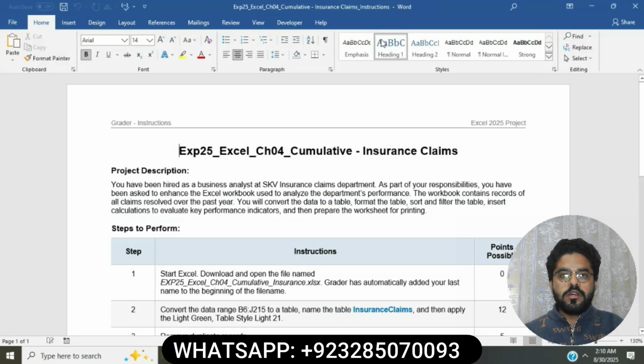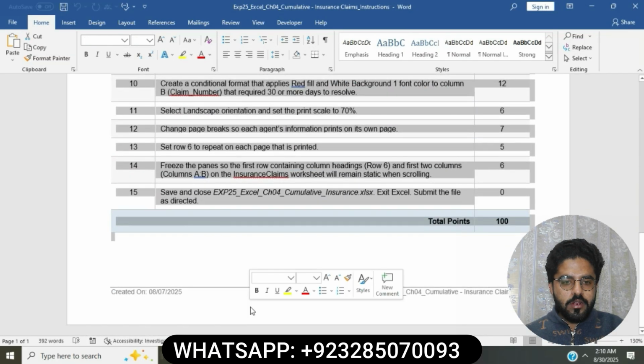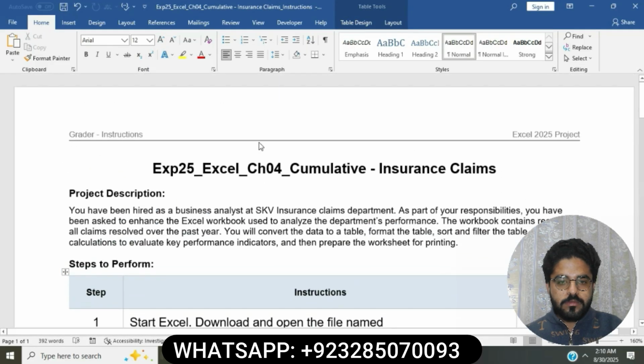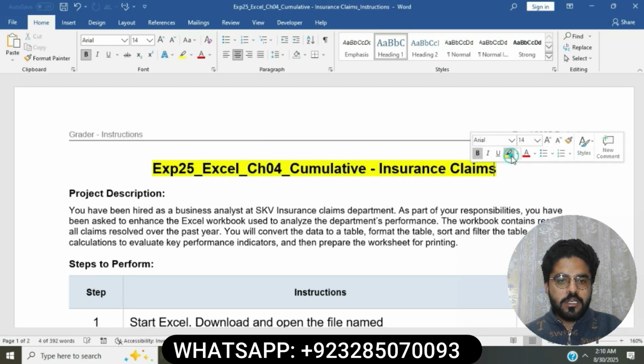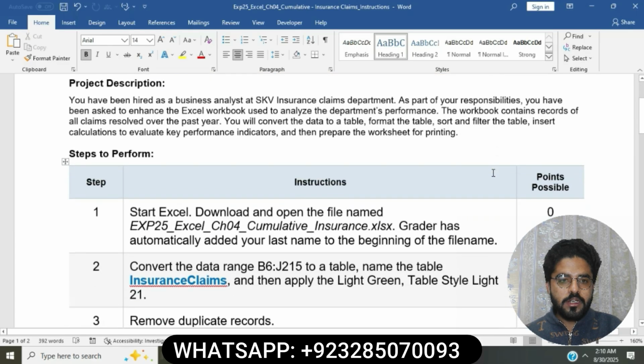Now let's start today's assignment and go through it step by step. There are a total of 15 questions in this assignment. Here is the title of the assignment: Exp25 Excel Chapter 4 Cumulative Insurance Claims. And below you can see the project description: you have been hired as a business analyst at SKB Insurance